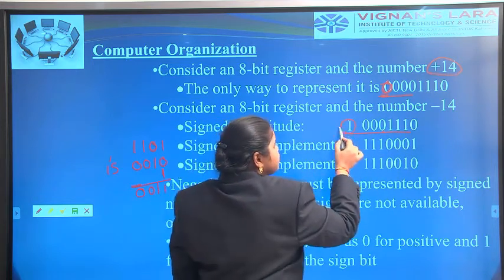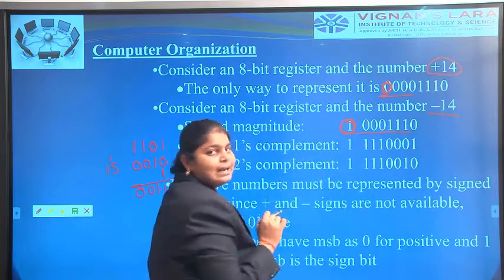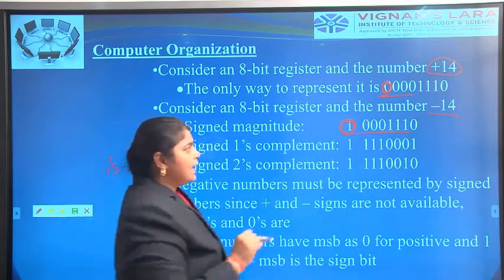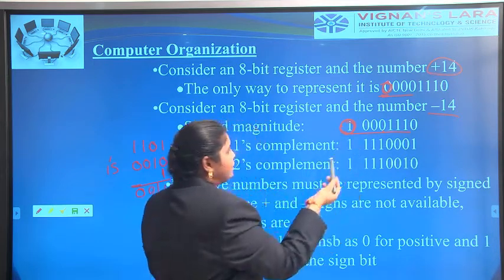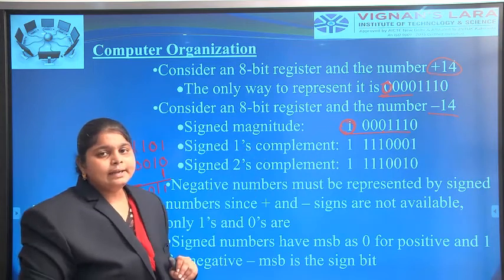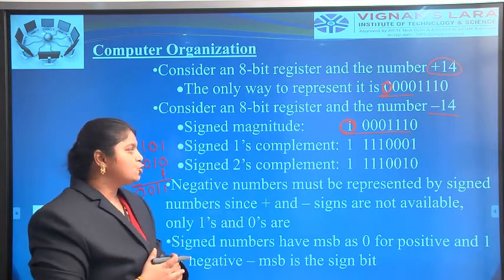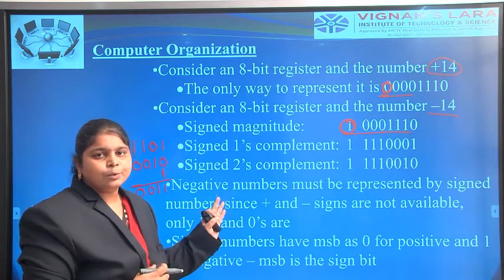We have to place the most significant bit. This is a minus 14. That's why we have to take the 1 as the signed field. Okay. The main data can be transferred to the 1's complement by changing the zeros to 1's and 1's to zeros, and the signed 2's complement will be the resultant output of the 1's complement.